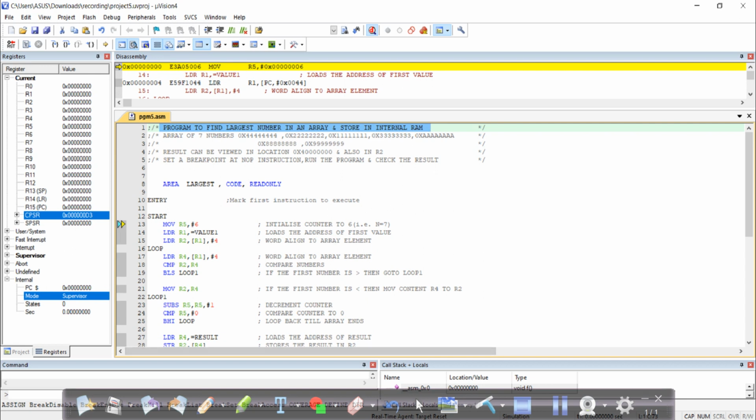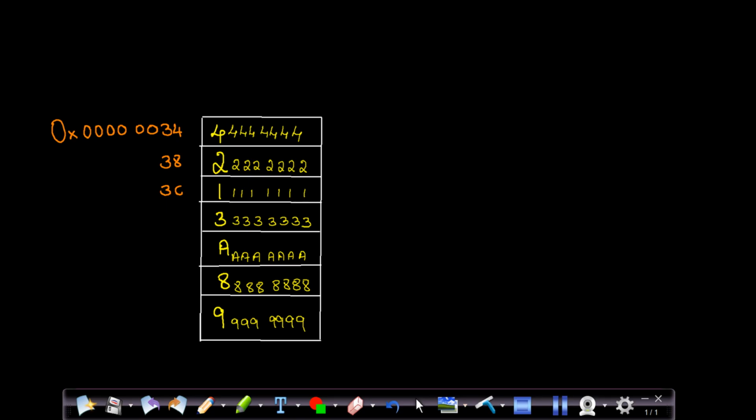So before we go through the code, we'll just look into the internals of the theory part of this particular program. Okay, so let's say I have a given array of numbers. So this is my array. So this is my number 1, this is my number 2.